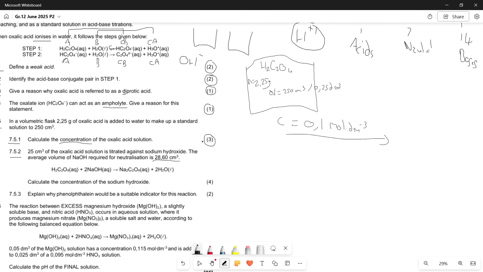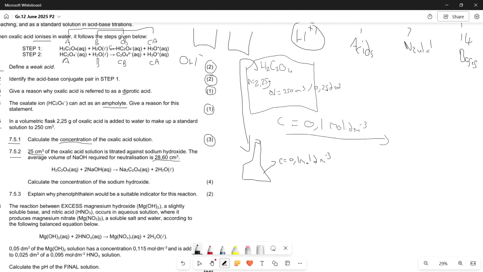H2C2O4. This is a follow-on question. So we had the concentration of this guy, and they only used this much volume of it. So they took a little bit of this guy out in some sort of beaker. Let's draw a different beaker over here. We have something like this. Cool flask, nice, which means we have the concentration of 0,1 mole dot dm to the -3, but they didn't